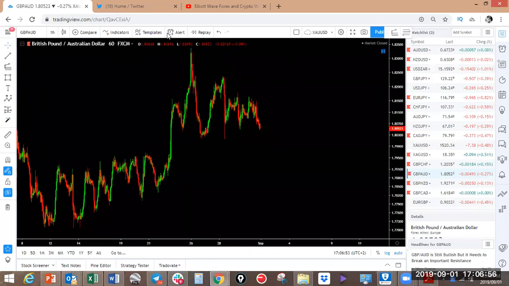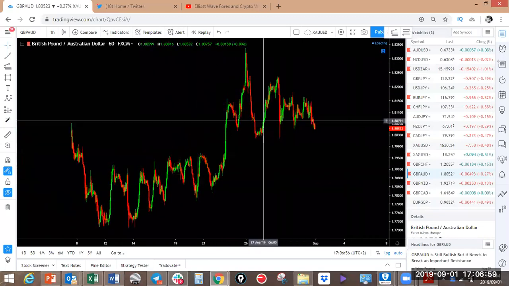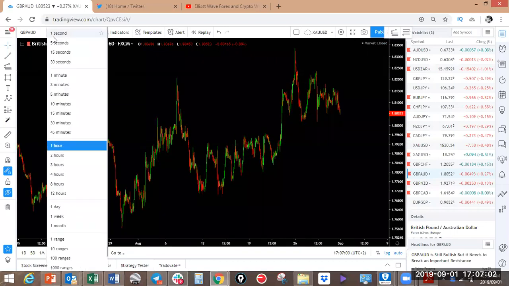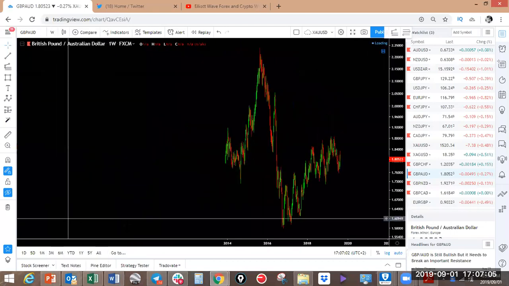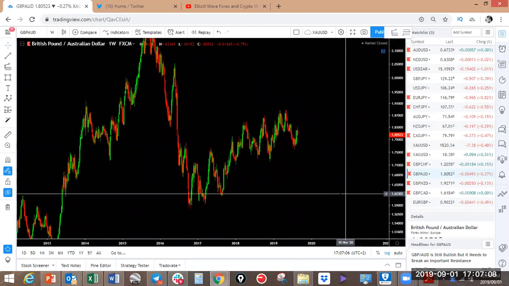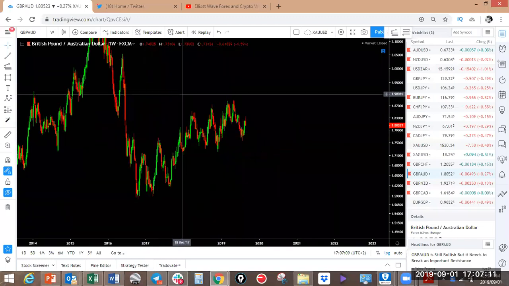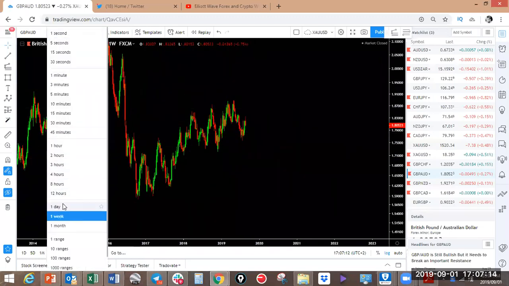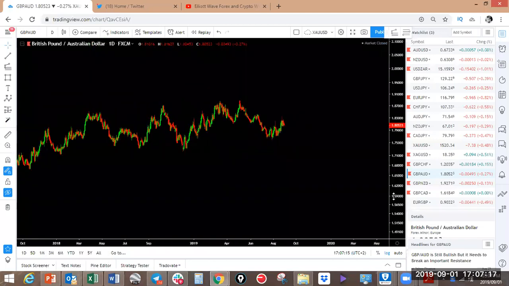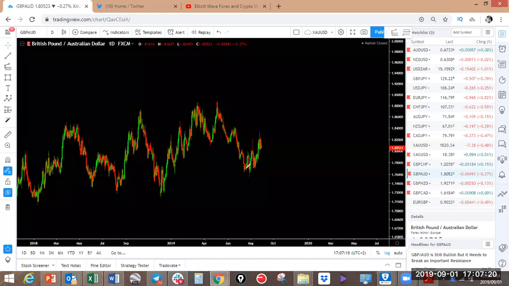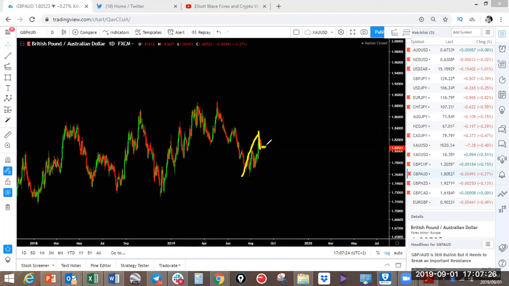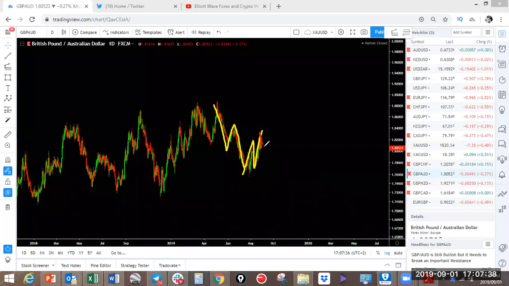Pound Aussie. Now looking at pound Aussie, the same thing. If you remember pound Aussie, if I go to the daily on pound Aussie, you'll see that we said we're going to have this X corrective structure here in red before it even happens. So now we've got this. This has not confirmed yet. We can see that there's a pulsing move to the downside. What we're waiting for is a corrective structure and confirmation that we are ready to come down. You've got a 3-wave move up here, down here, and then a 3-wave pullback here. We're starting with a pulsing move to the downside. This needs to confirm